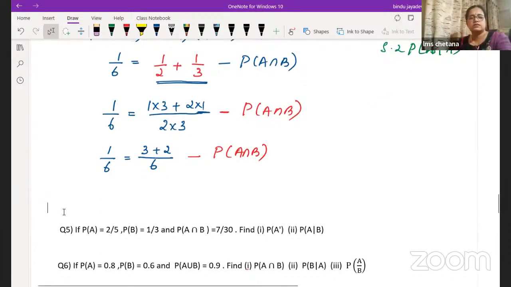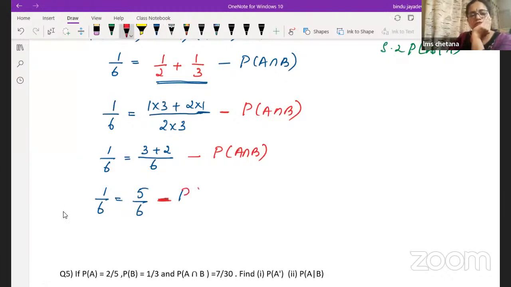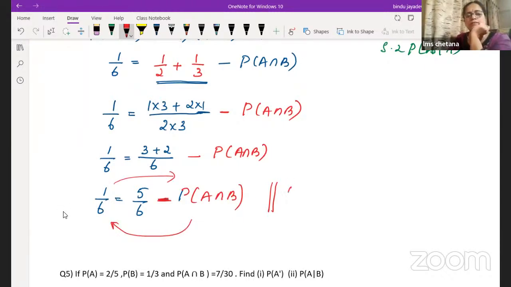Now we are coming to the last step: 1 upon 6 equal to 5 upon 6 minus this part. I'll write it in red, P of A intersection B. Okay. Now what are you going to do? Next step, take this one to this side, and plus 1 upon 6 to this side. So what is going to be here? Probability of A intersection B equal to 5 by 6 is already there, plus 1 by 6